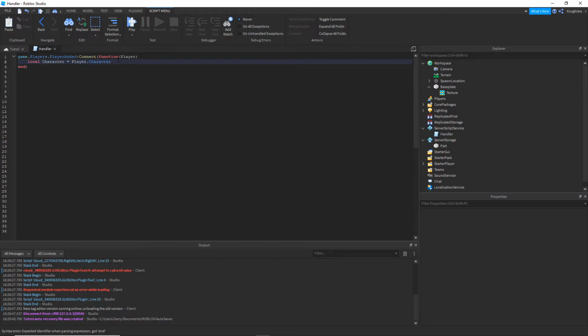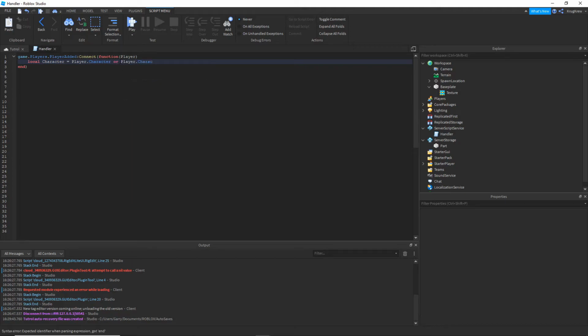A lot of these things you just have to learn. You look at the wiki, you want to get their character, player dot character is a way, or you could do workspace find first child player dot name, because that's where their character is stored. But I would not recommend it. One, because the player's loading in, so their character is not going to exist yet. Two, because this is cringe and you can just use their character equals player dot character, but we know that player dot character is not going to exist. So,